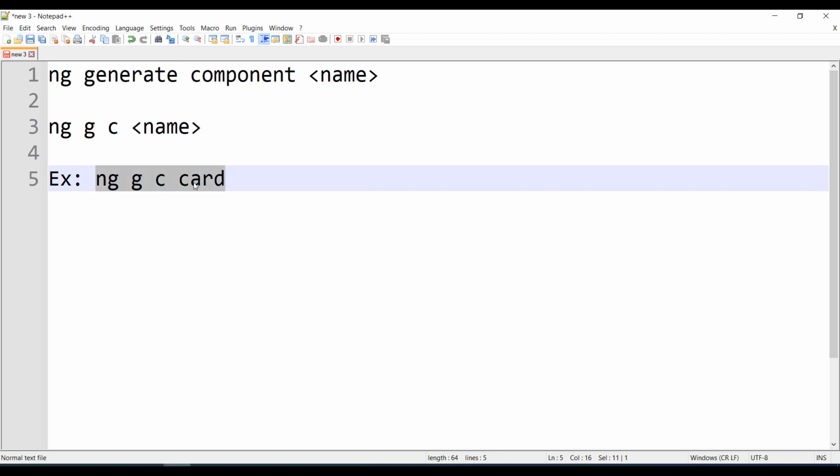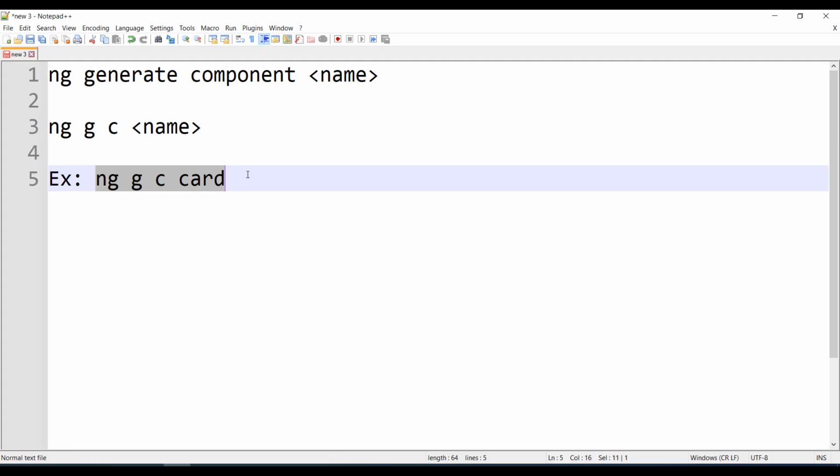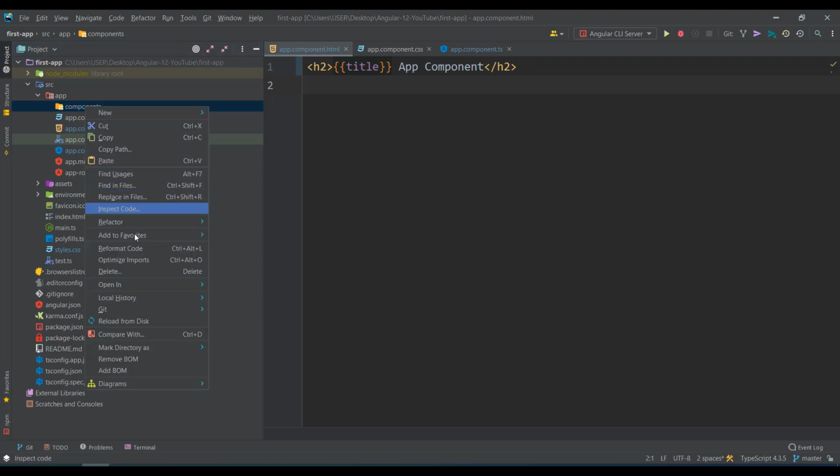Where do you have to create it? Here I have created a folder called components, so now I have to create my card component in this folder. You can open your terminal in this location: right click on this folder and choose open in terminal.